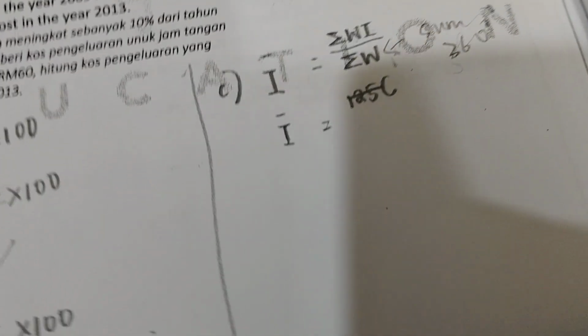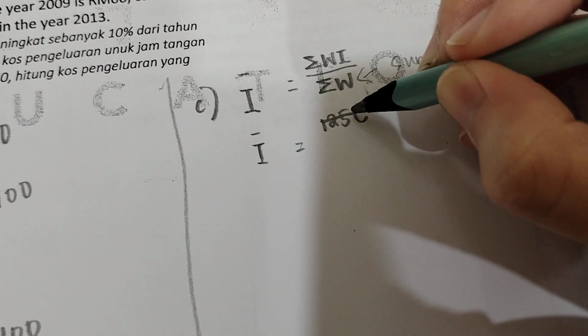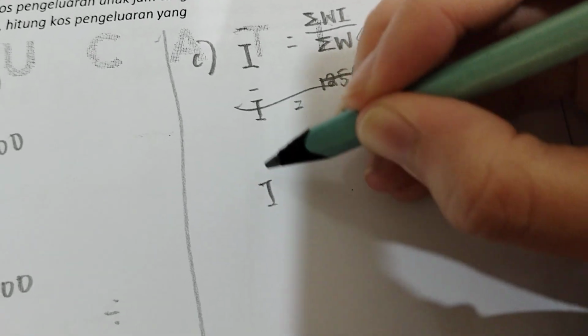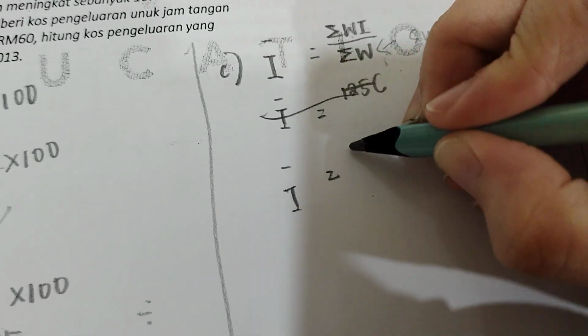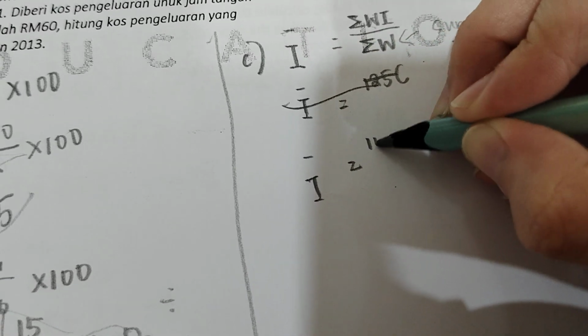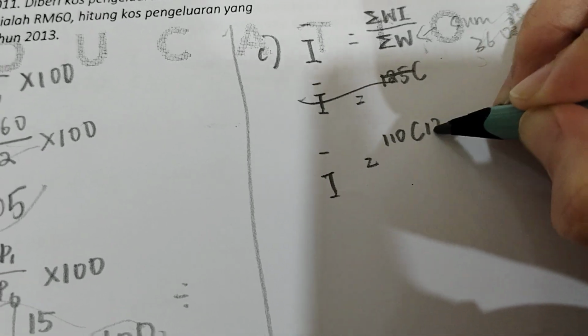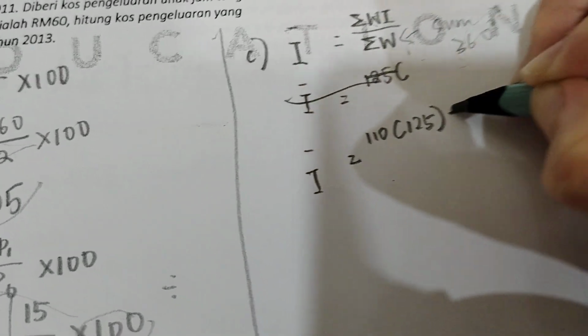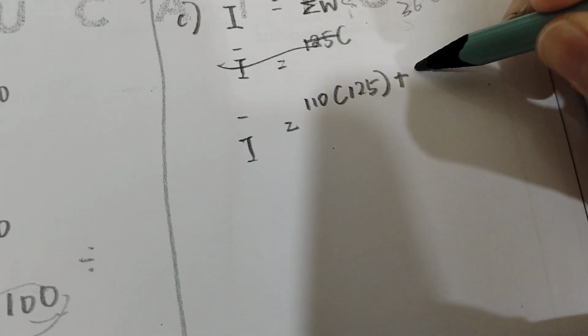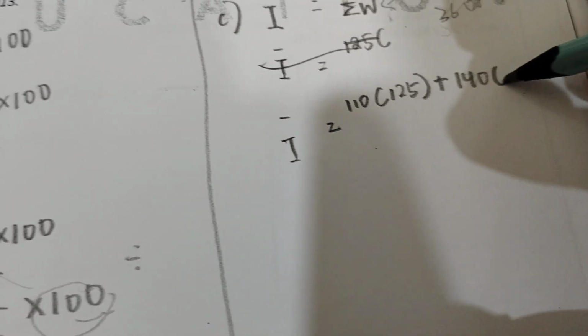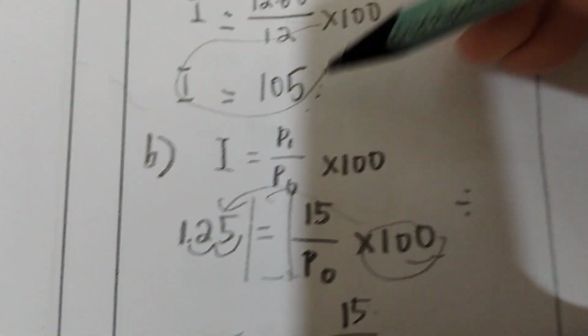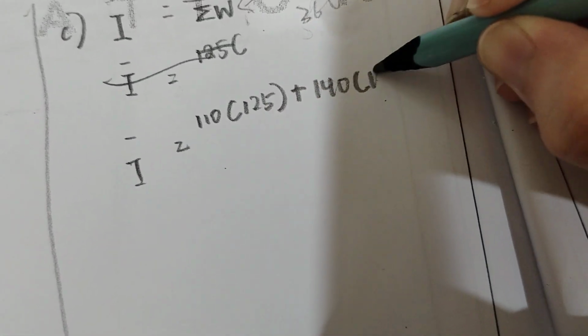Okay, does everyone understand? If so, we're going to continue on. Sorry, I'm going to rewrite this equation real quick. Because interest, take everything times. So it is A is 110 degrees times 125. Then you plus it with 140 degrees times, we know the index now, 105. So times 105